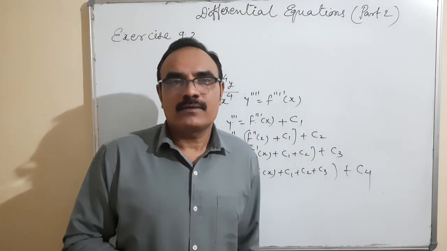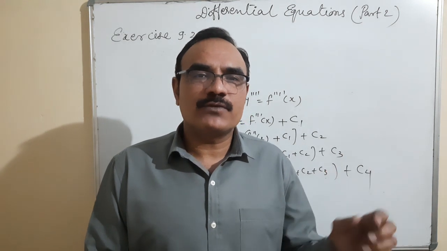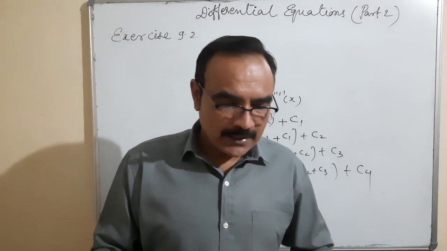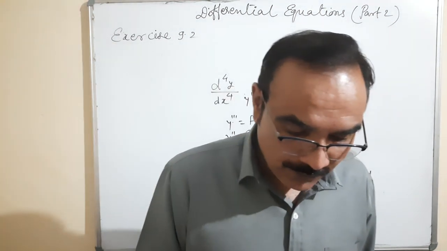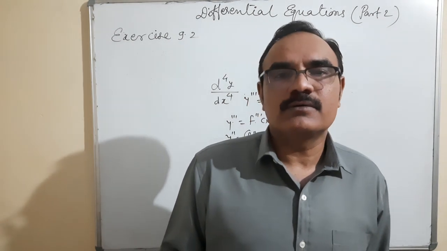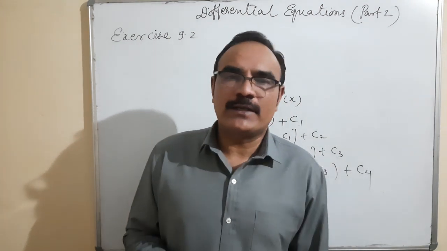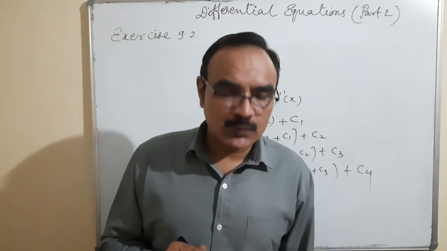Because the values of whatever constants are there, a, b, c, d, we have got the values. So in case of a particular solution, the number of arbitrary constants required in third order or fourth order is 0. There is no arbitrary constant required now because we know the values of these. So make a difference between these two things.